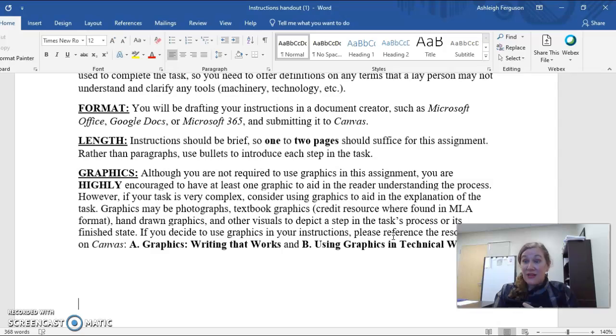You can use a YouTube video if you think it's very helpful in explaining the task at hand, but you are going to have to give credit to that YouTube video using correct MLA documentation. Okay, so just make sure, again, you need to select a task that would be on the job, either maybe at your current workplace or at a past workplace, or if you even want to think of a hypothetical of one you can foresee yourself in the future and the career you're going to be working,